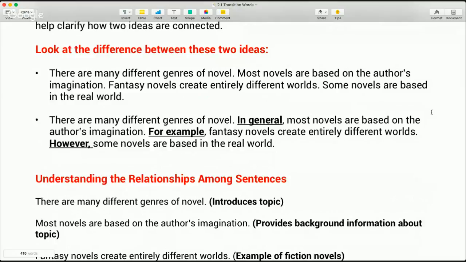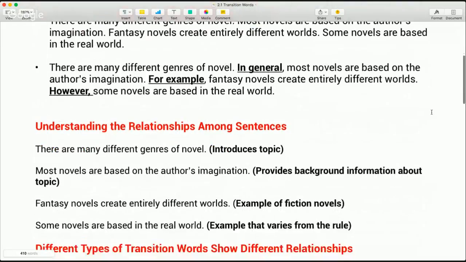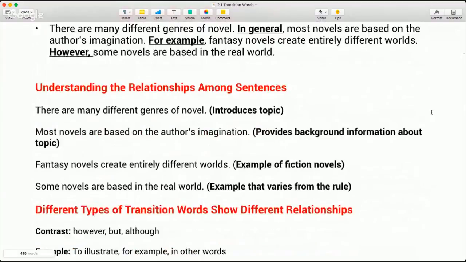Not only do these transition words help clarify ideas, but it also just makes your writing sound stronger. Sentence variation and switching things up is super important so the reader's ear doesn't get bored. When we just have the same sentence over and over again with no transition words, the reader's ear gets a little bit bored. I was able to choose these different transition words because I understood the relationship between the